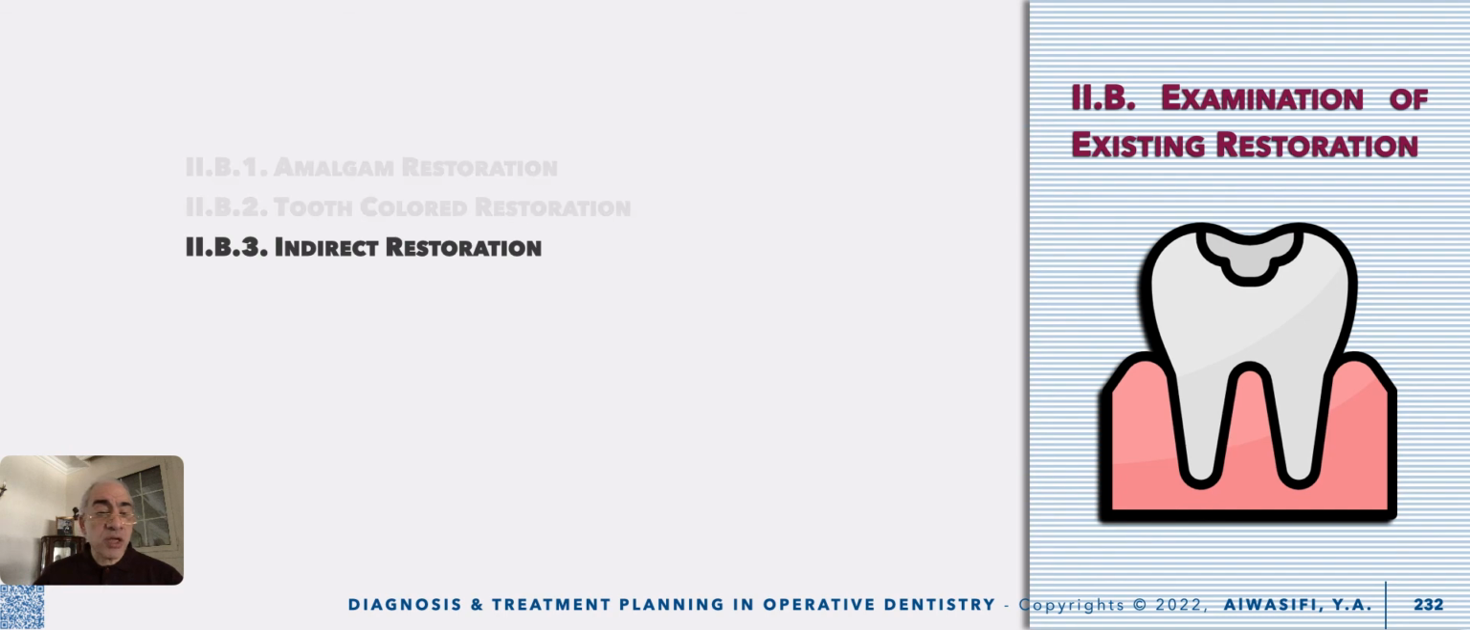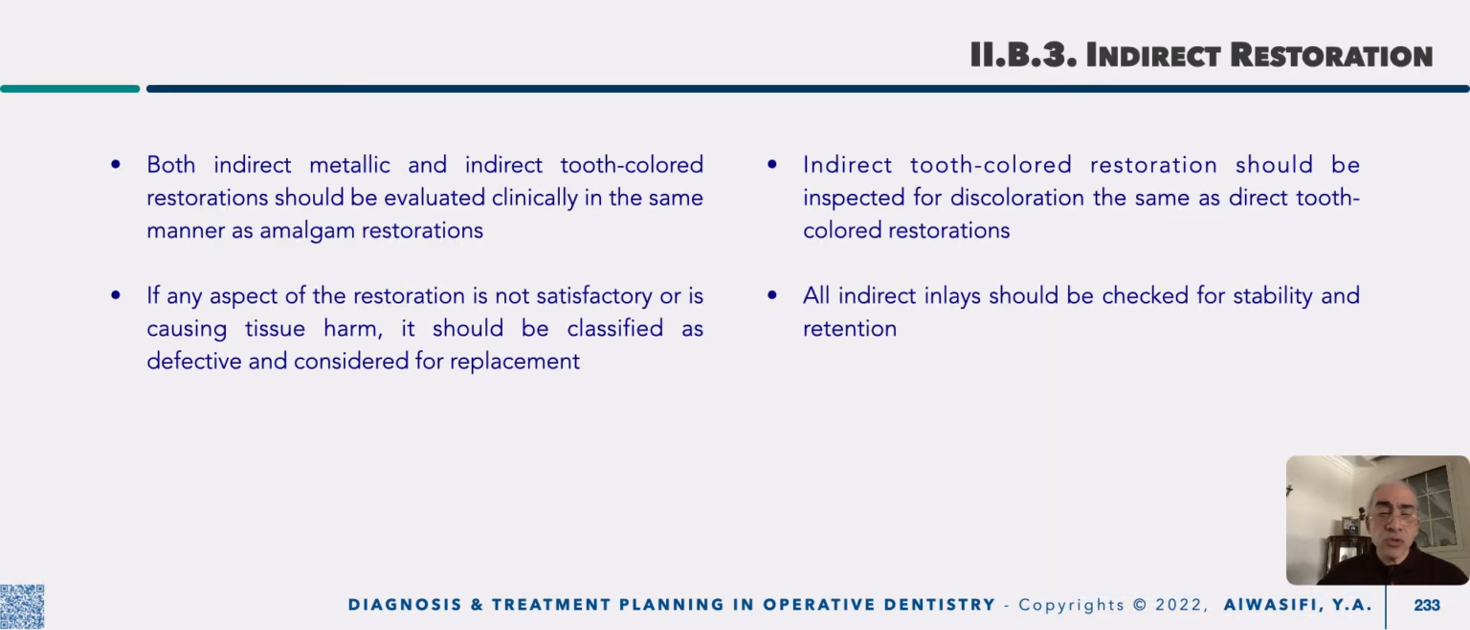Finally, indirect restorations. Indirect restorations are also either metallic or non-metallic, and should be examined like that of amalgam. If it is an indirect tooth-colored restoration, you should add the same as the composite examination, the item of discoloration, but also stability of restoration. It should be examined that it is not rocking in your cavity. If such rocking appears or the restoration seems to be unstable in its place, then that means that there is a breakdown in your cement line,